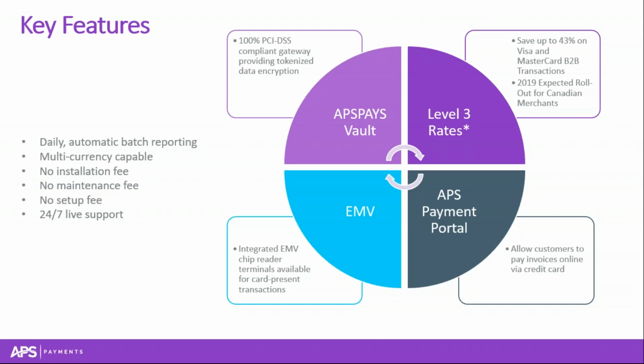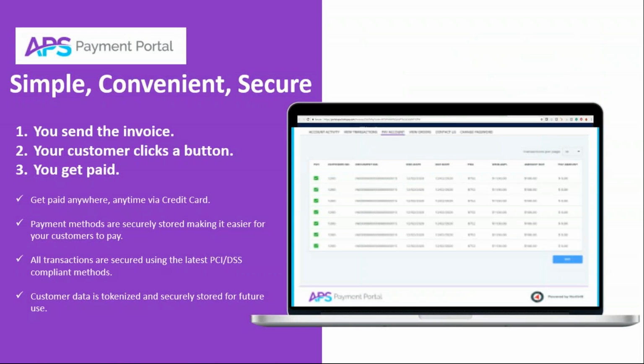We've also recently launched our APS Payments portal, which allows your customers to interact more with you through the web. They can check the statement of their account, check any outstanding invoices, and pay any outstanding invoices directly through a web portal without having to contact your internal AR support. And we're also able to provide physical terminals if required. So for organizations that have things like mobile sales forces or brick and mortar locations, we can help to provide that as well.